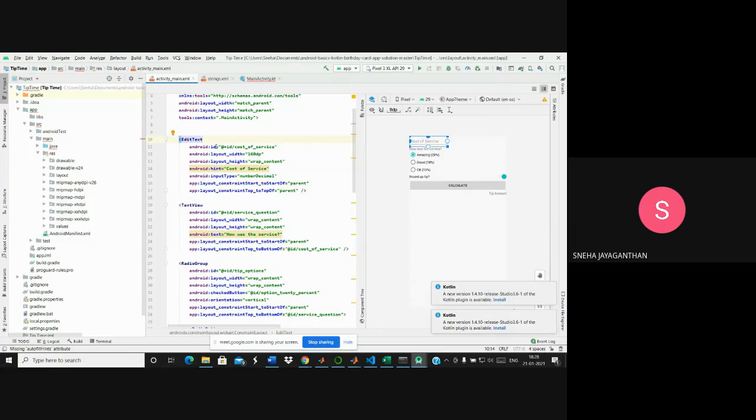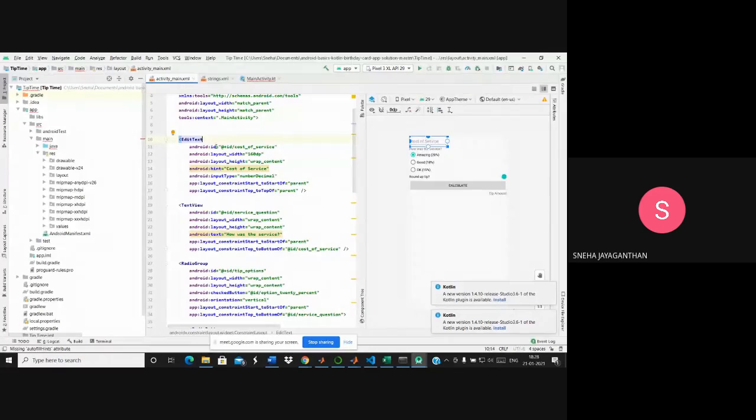ID is like a unique resource name for the element. When you add a view or any other resource with the layout editor, Android Studio will automatically assign a resource ID for that. New view IDs in your XML file must be defined with the plus ID prefix, which tells Android Studio to add that ID as a new resource ID.